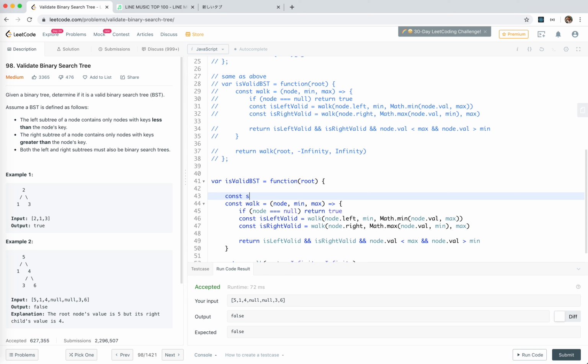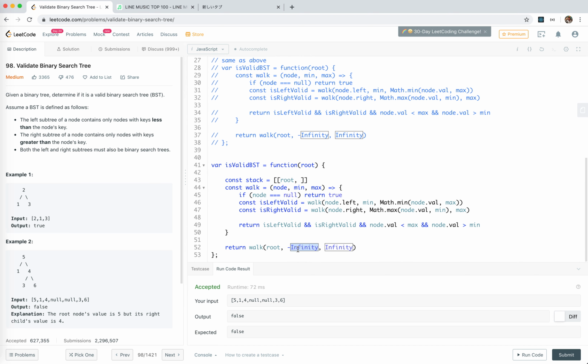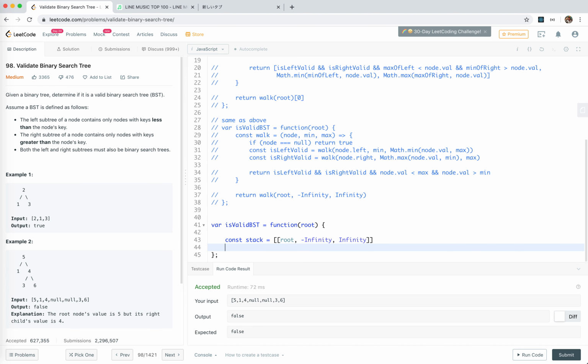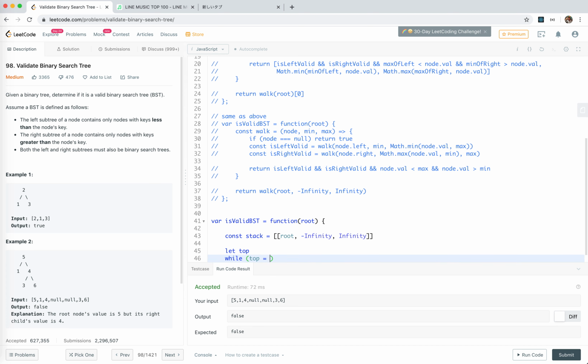So the stack would be root, the minimum is just the same. I push this in, and let top. While there is top,